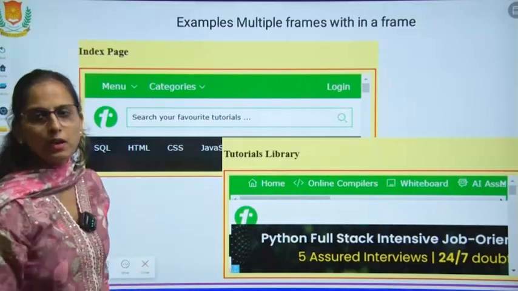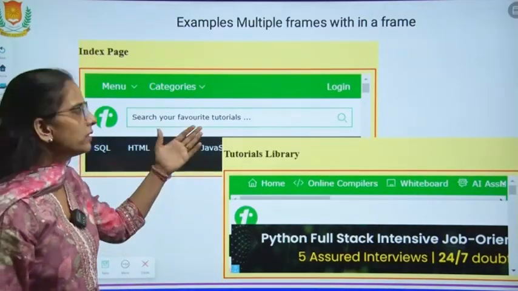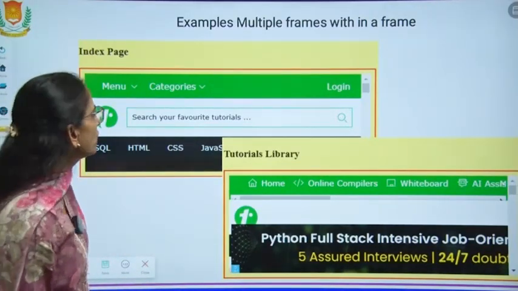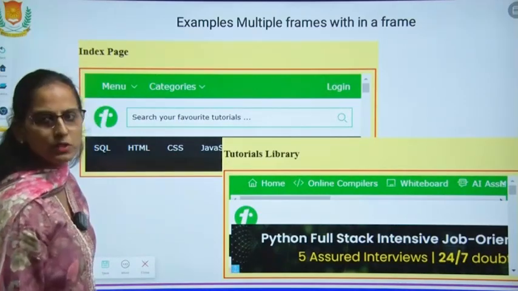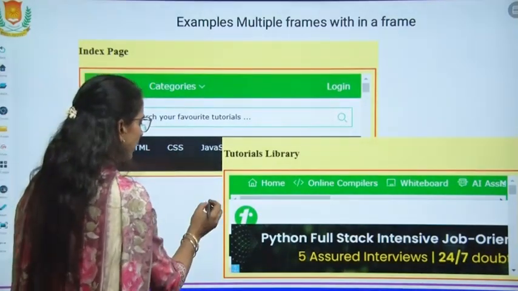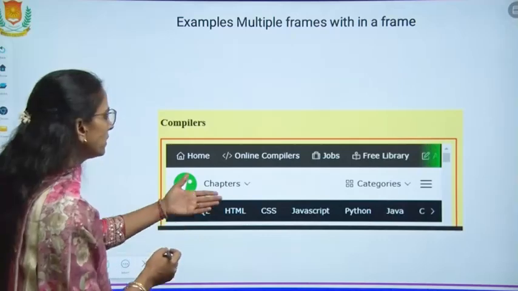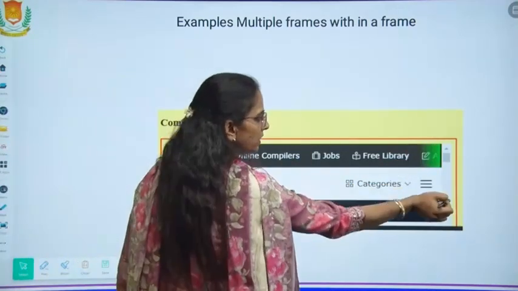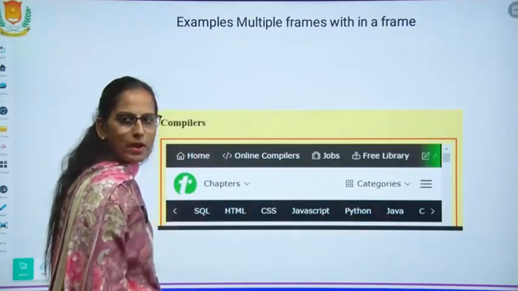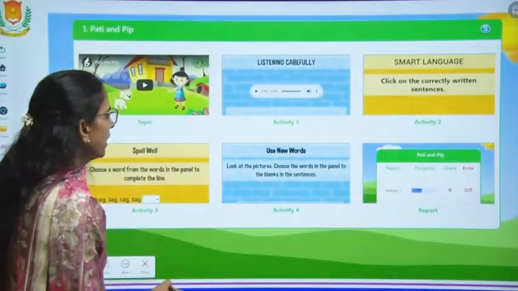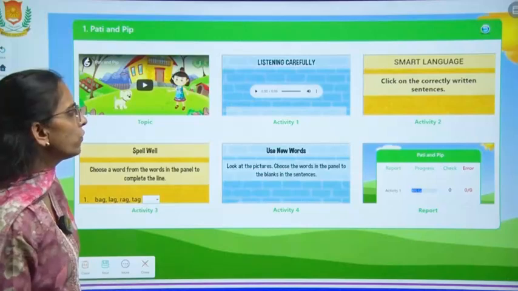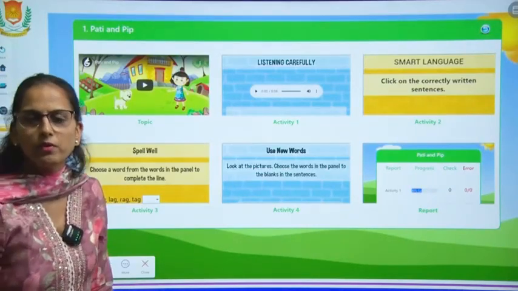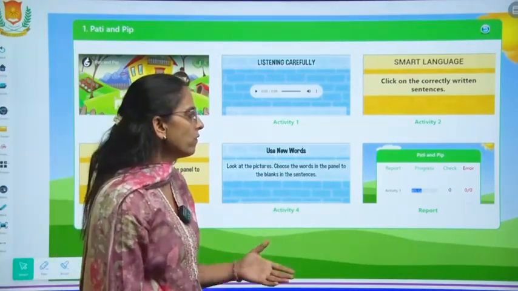Now these multiple frames, the coding, this is the output of the previous code. These are the multiple frames inserted there. These two frames are there, and the third compiler frame is there. This is the web page. These are the scroll bars. You can scroll them and you can view your web page. And here is another look for inserting multiple iframes in a single web page.